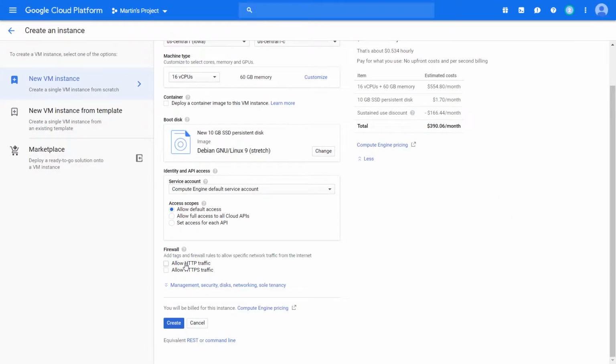So the next section we'll look at when it comes to creating a VM is firewall. For those who are not familiar with the idea of a firewall, it just manages how networking and traffic can interact with your system. And there are typically two things that it looks at. It looks at the origin or destination of the traffic, as well as the port in which that traffic interacts